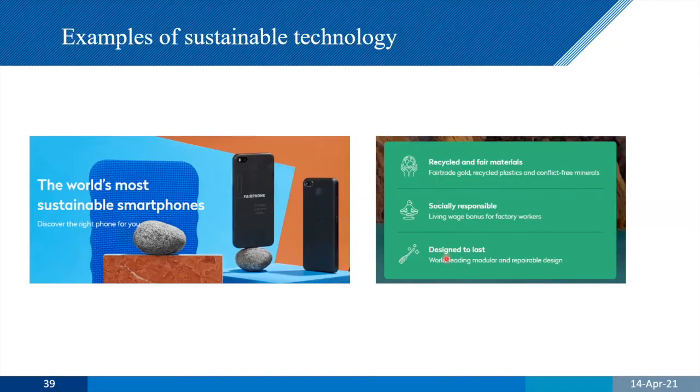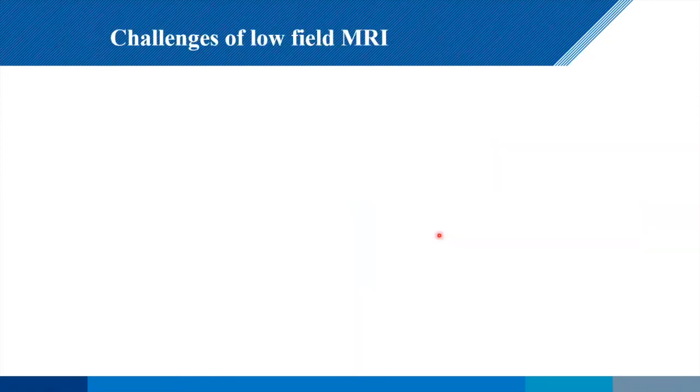But it's designed to last. In other words, it's modular and it's repairable. So as we start to design our system, we want to do the same thing. When a system is in Uganda, is in Malawi, and it breaks, it can't just sit there. That's what 95% of donated medical equipment does. It sits there because nobody can fix it. So we need to be able to train people to be able to fix what we send.